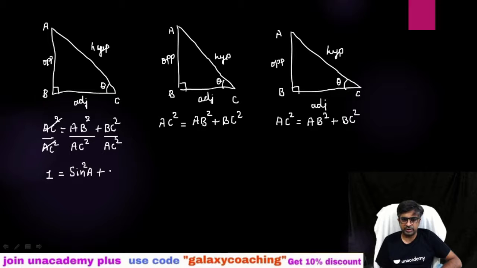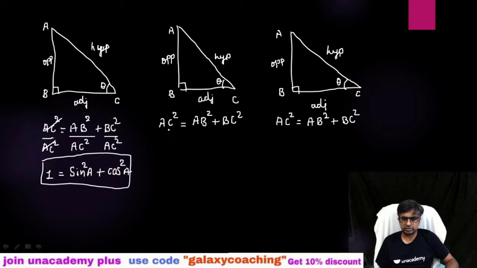So this ratio will be cos square A. Adjacent by hypotenuse is cos. So this is cos square A. You can see easily we have derived our first identity, that sin square A plus cos square A is equal to 1. Just you need to divide by any of the sides one by one, and you will get all the three